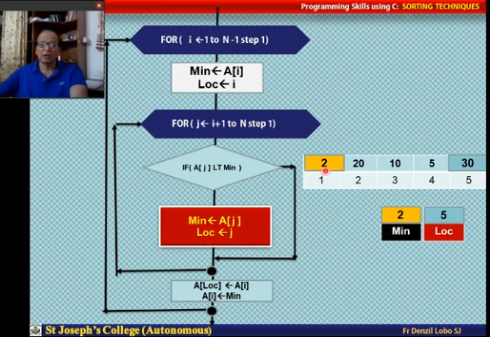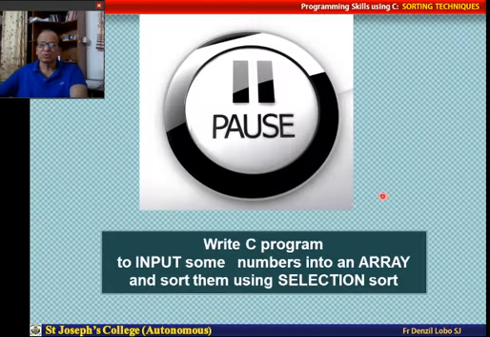When i is equal to 1, it goes to 1, i equal to 2, it goes to 2. That is how we select these numbers from the list and put them at the appropriate location. So I start with the first number and go through the rest of the numbers in the array.